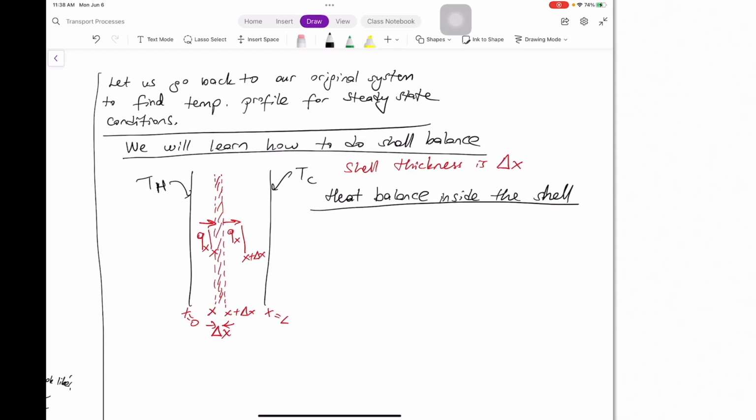Okay. So you say rate of heat in minus rate of heat out plus rate of heat generation